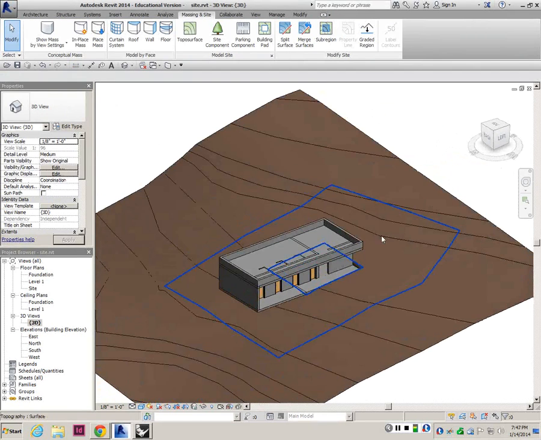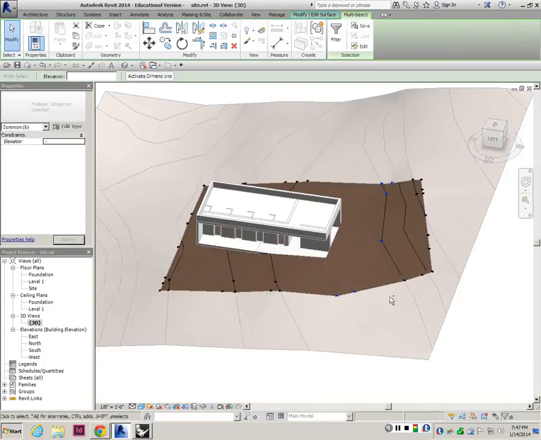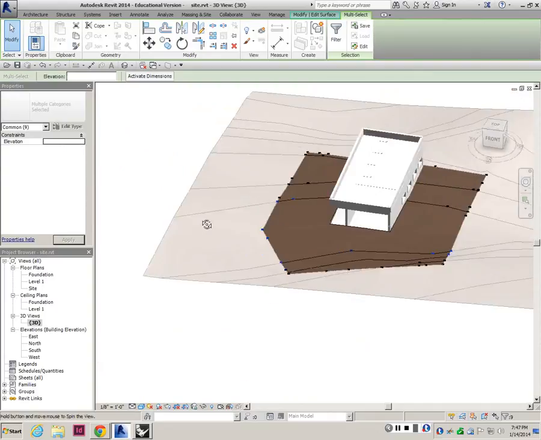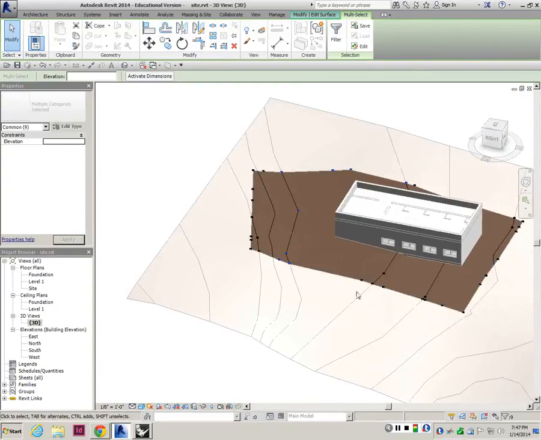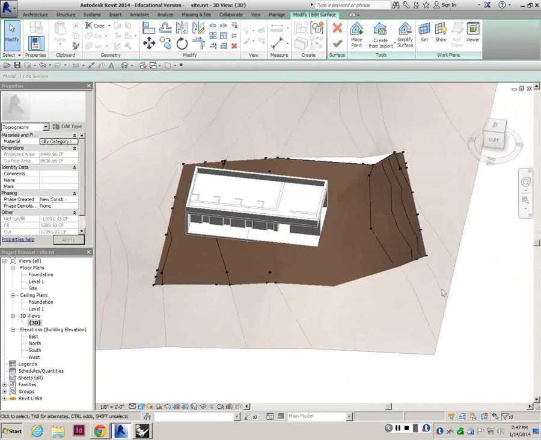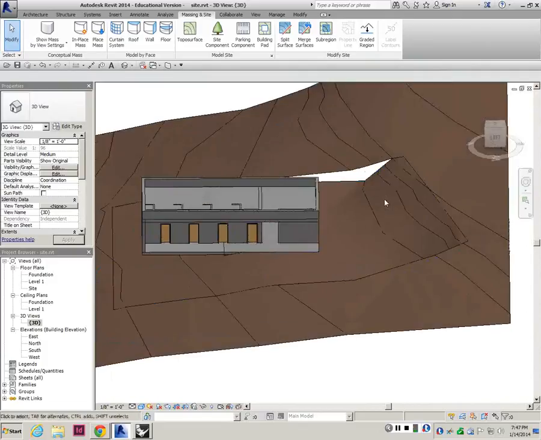I select the subtracted site, go to edit surface, select these control points that I want to modify, and we could also select these guys. Actually, I think they also intersect with the building a little bit. And I'm orbiting around my model using shift and right click and adding these control points. Now their height is going to be 24. Okay, and I'm done. So now the site has been adjusted to fit the building,